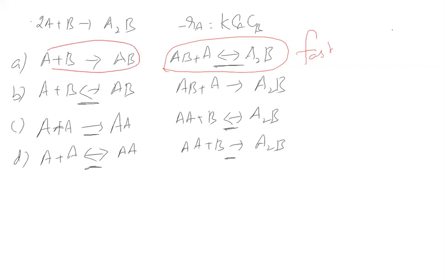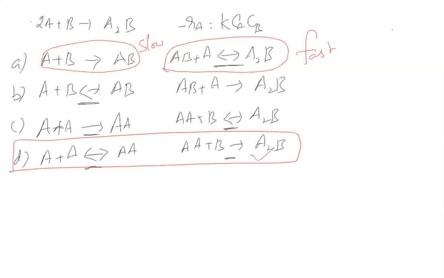This is, let's say, slow. So I will take one of the options. Let's take D. Then this is your governing rate of reaction, no? So what is my rate? Rate is equal to K into CAA CB. CAA, can you measure? You can't measure. So what is CAA? It is an intermediate, no?